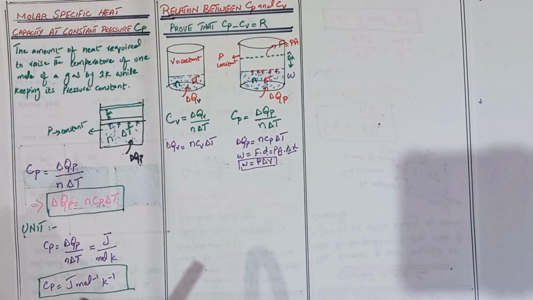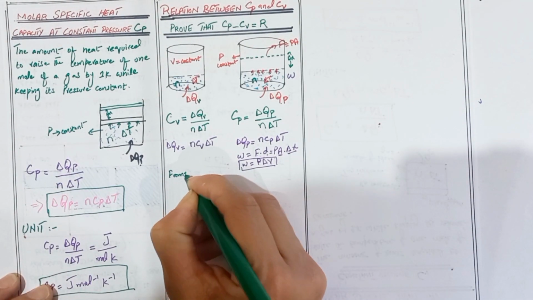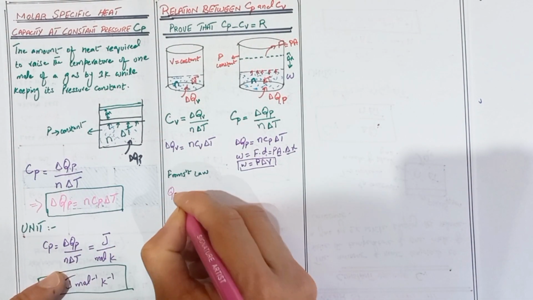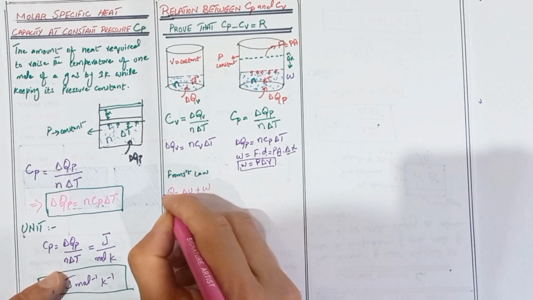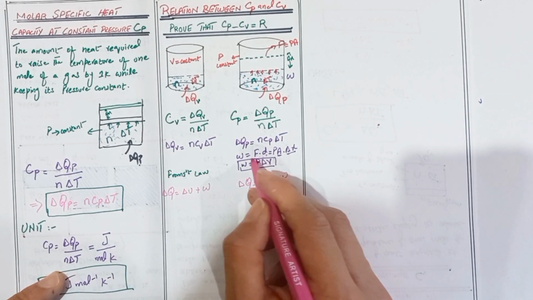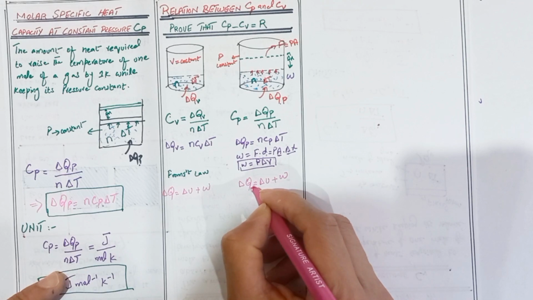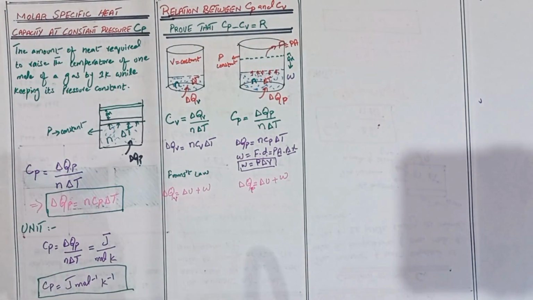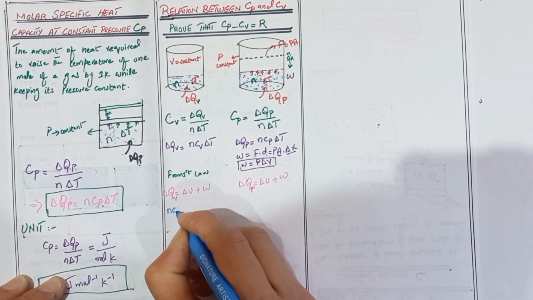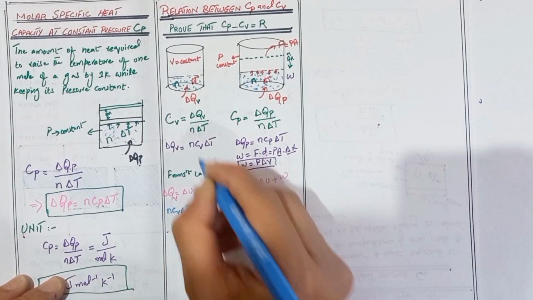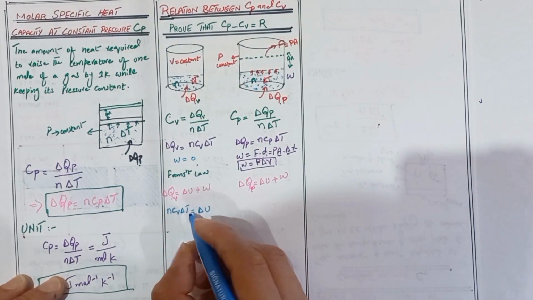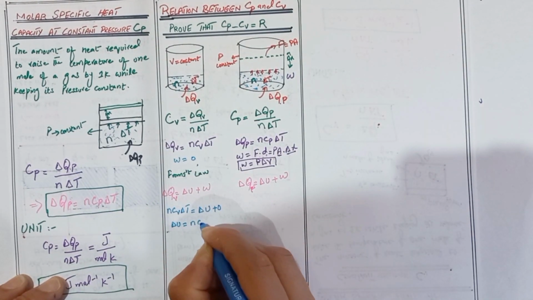Now from the first law of thermodynamics, Q is equal to delta U plus W. Here delta Q is equal to delta U plus W. In one case the heat is provided at constant pressure, and in the other the heat is provided at constant volume. So we put delta QV, n Cv delta T, in this equation: delta U plus work done. In this case the work done is equal to 0 because the volume is constant. Where volume is constant, work done is equal to 0. So delta U is equal to n Cv delta T.